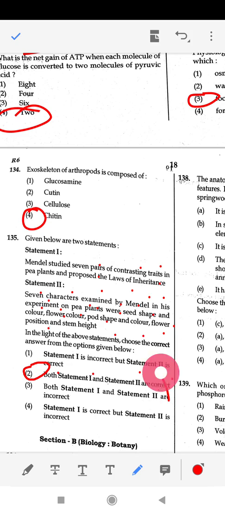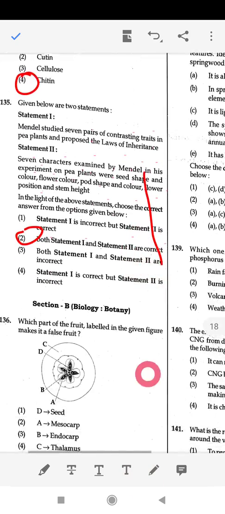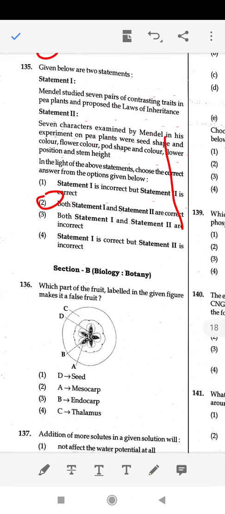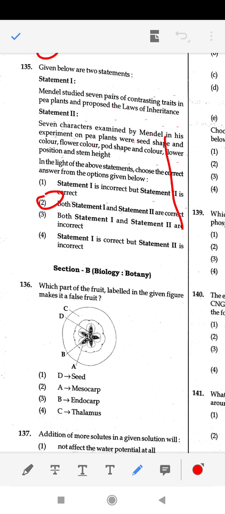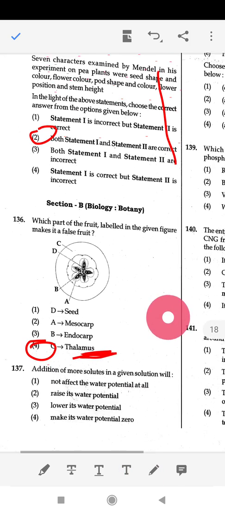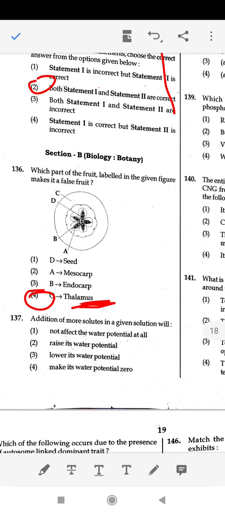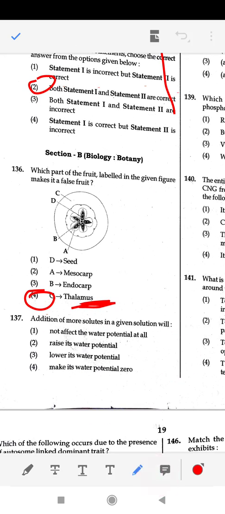Next is which part of the fruit labeled in the given figure makes it a false fruit? That is fourth one, that is thalamus. Addition of more solutes in a given solution will lower its water potential. Next is